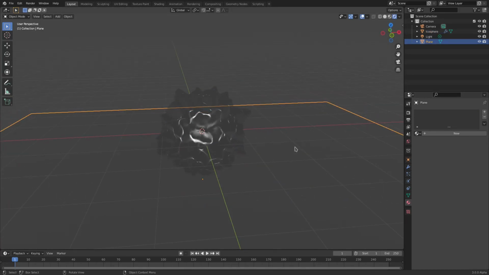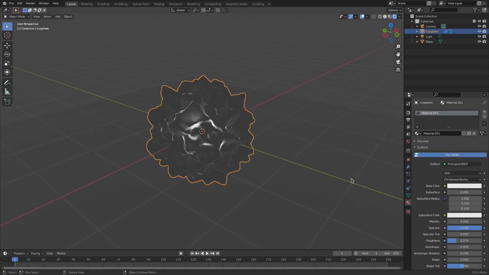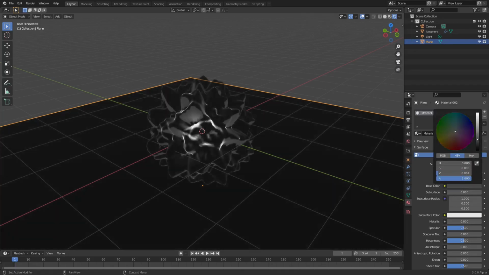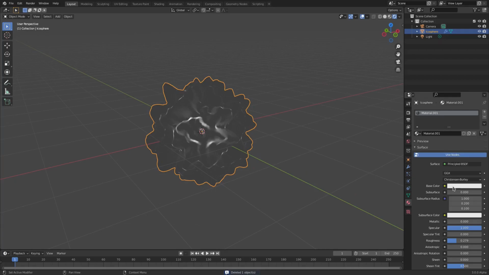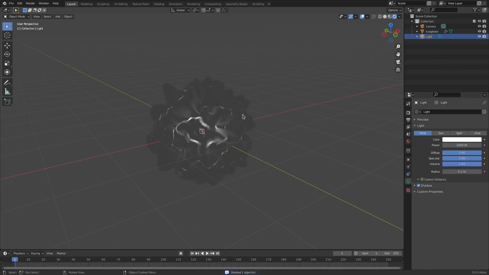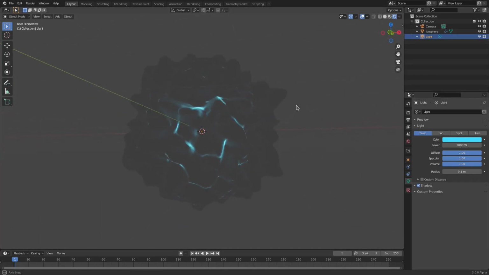Now, with this done, what I want to do now is I want to go ahead and perhaps we can, I'm on the wrong one. Okay, nice. Well, let's get rid of the plane because we don't need that. Let's go ahead and change the color of the lamp. I want to change the color of the lamp to like a bluish color, like that, which looks really cool.